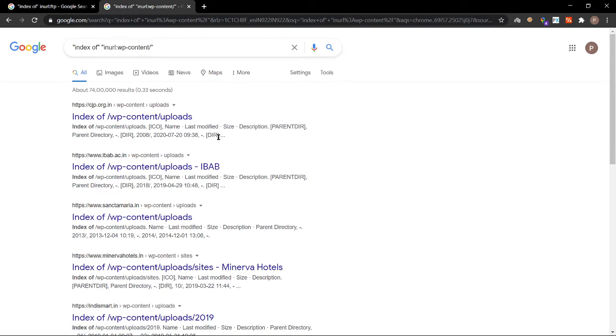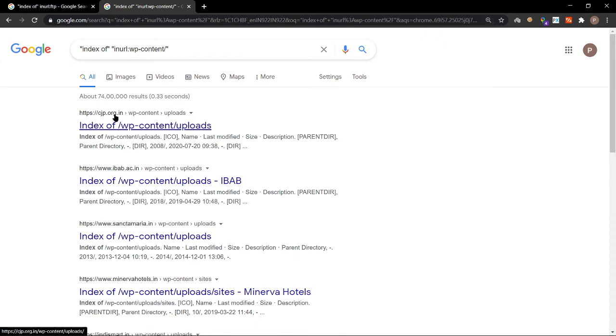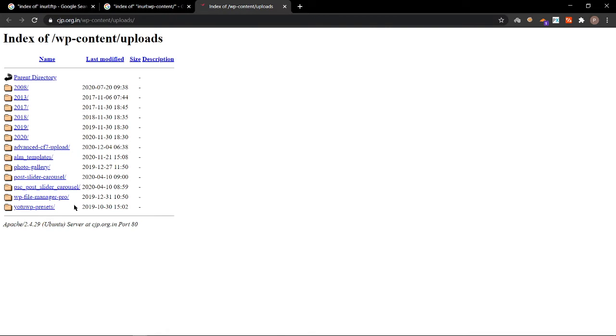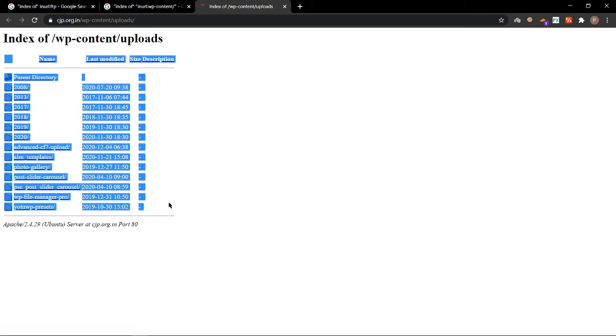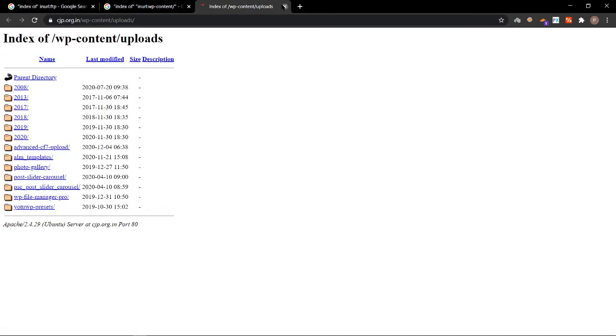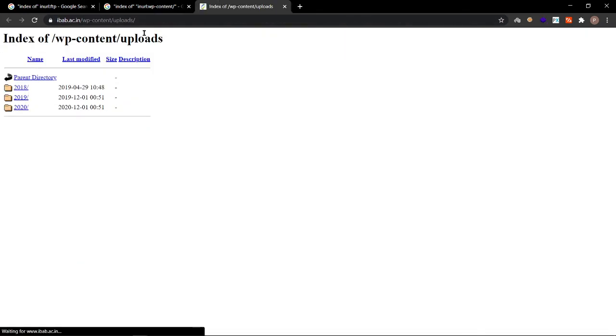Okay, I'm getting results for WordPress sites. We search cjporganization.org. What is this? So their WordPress directory has been exposed. If you are checking every directory and you find any vulnerable or private directory, you can even report it to them.